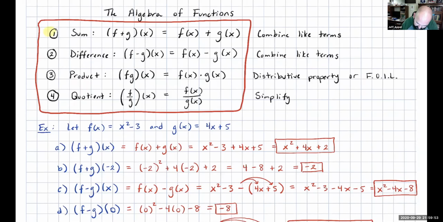When I say f plus g of x, my expectation is that you're going to know immediately that I'm saying f of x plus g of x. Or if I say find f times g of x, that's f of x times g of x. If you know this stuff here in this highlighted box, then the rest of this will be okay,